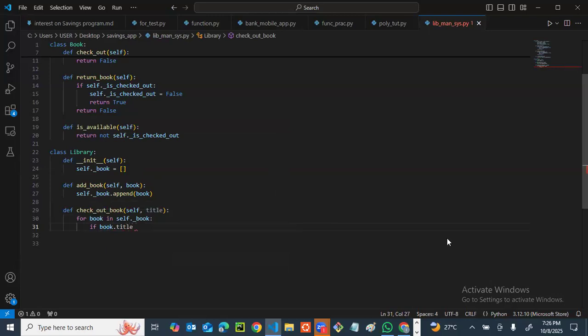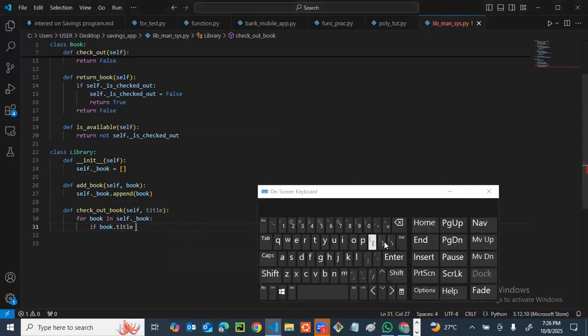If book dot title is equal to the title that would be provided by our library manager. So the title that will be provided here, if book dot title. So while you are iterating and checking the titles inside this book, once you just see that this title provided here is the same thing as this title, then,